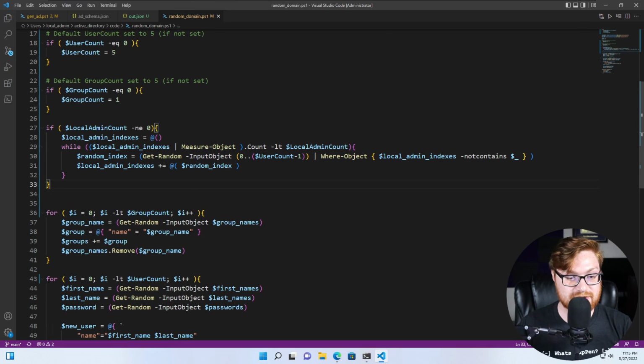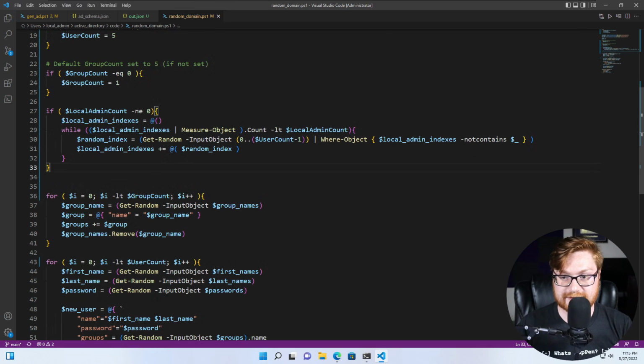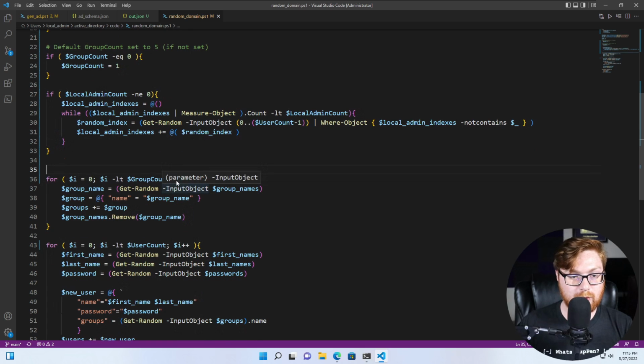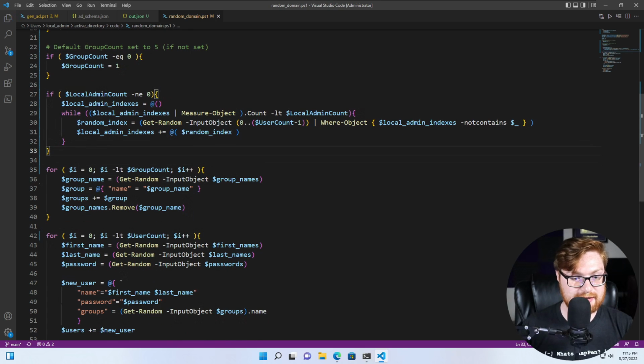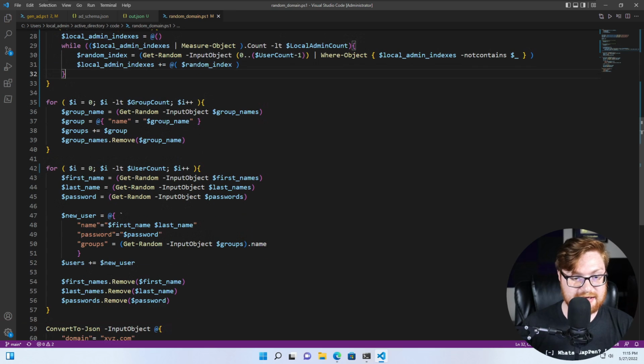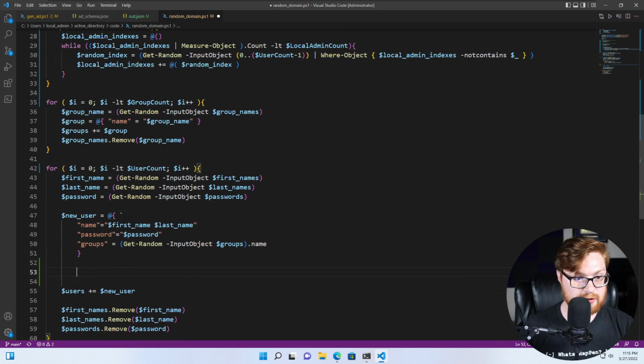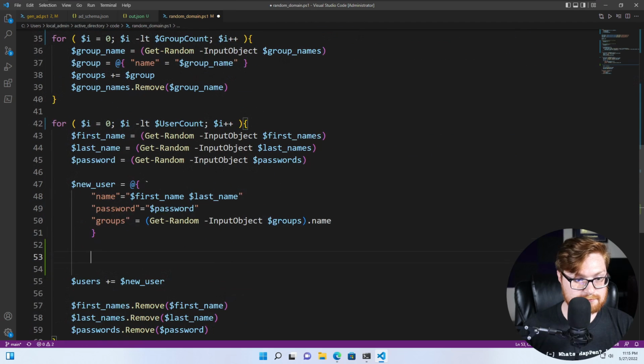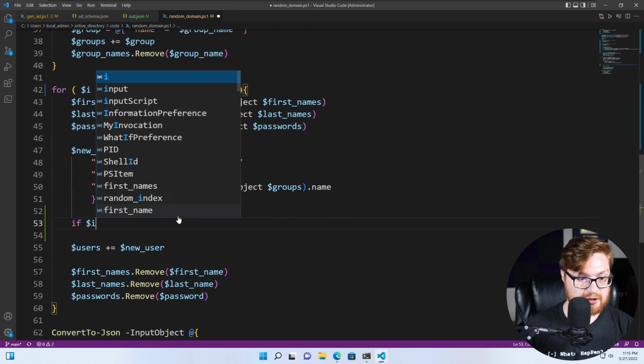So what we could do is check. Can I also use that for like as our own in statement? What we want to do as we generate a new user is check if the index is in the local admin indexes. And if it is, we'll go ahead and add to our new user, right? Can I do that? What I'll do is check if the current I,